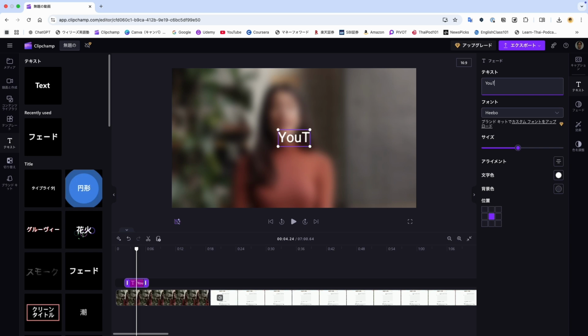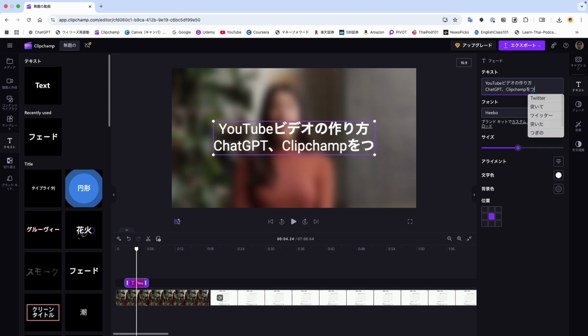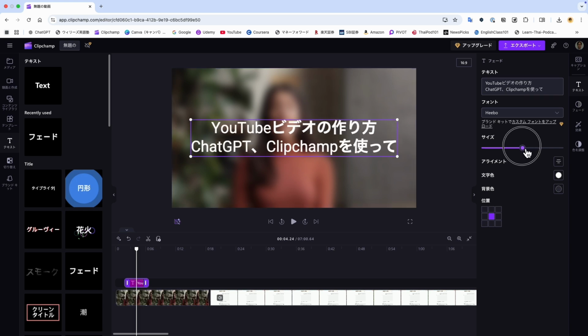Press the text on the right side. Enter the text. Adjust the text size.